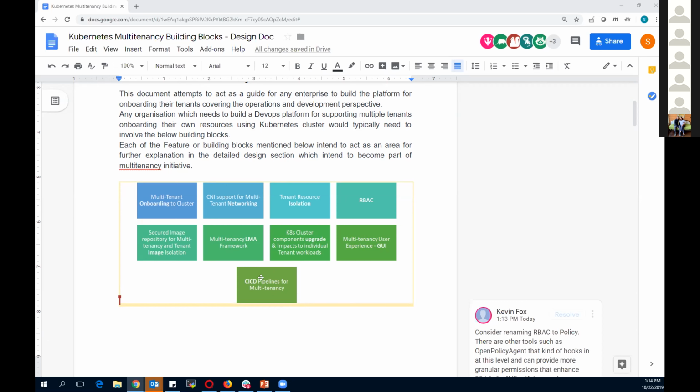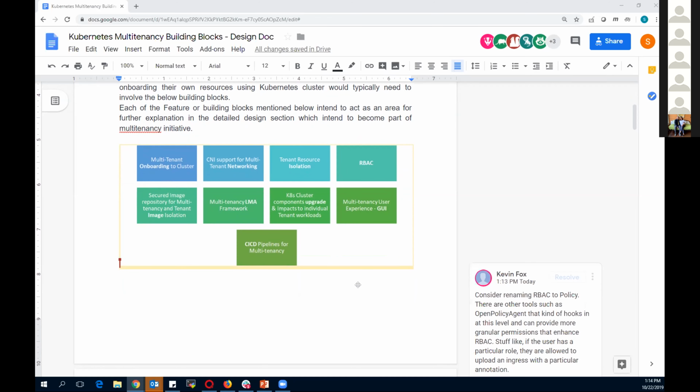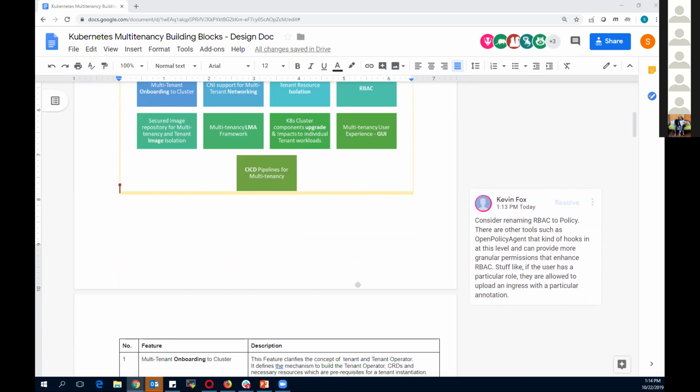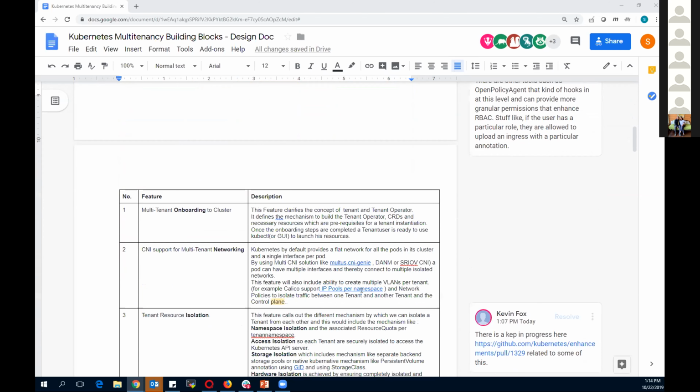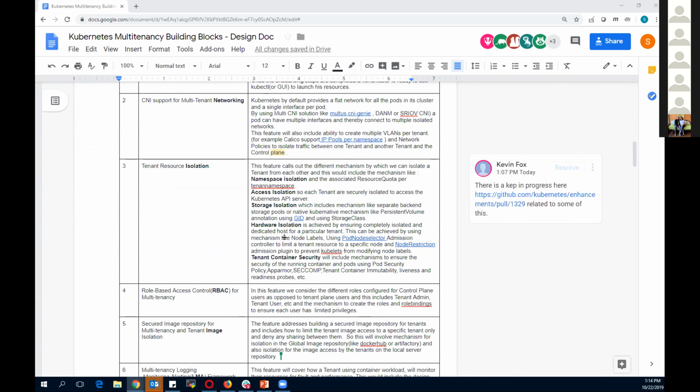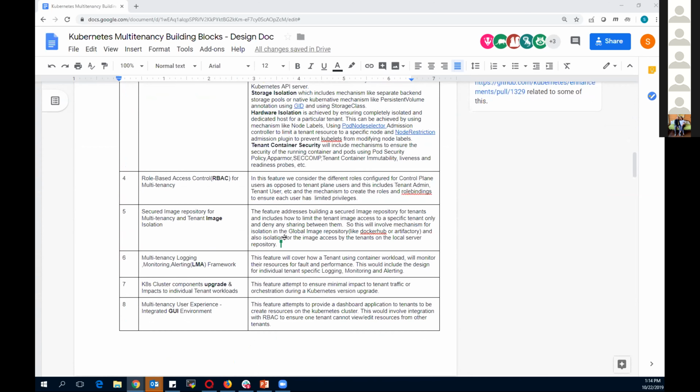This could again be an add-on thing depending on the type of organization, but these are of course taken from the experience of how we are planning to do it in AT&T. This is just the start, but we intend to add more and more details in this document as we are working on it and as we are getting the details here. So this is a summary of the details that have been talked about.